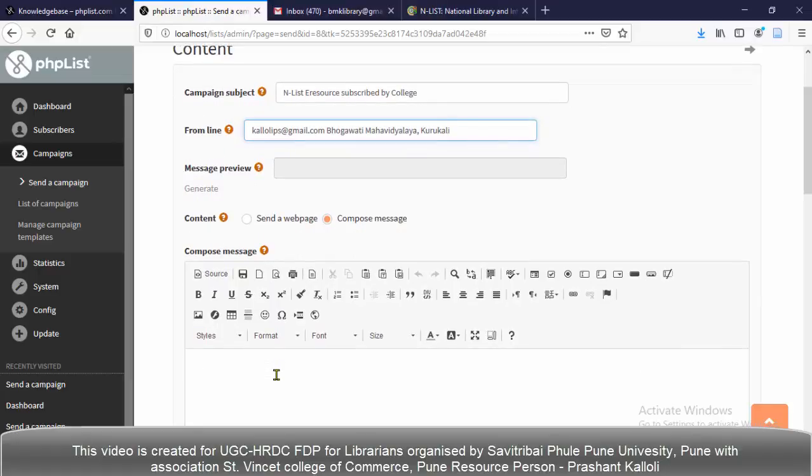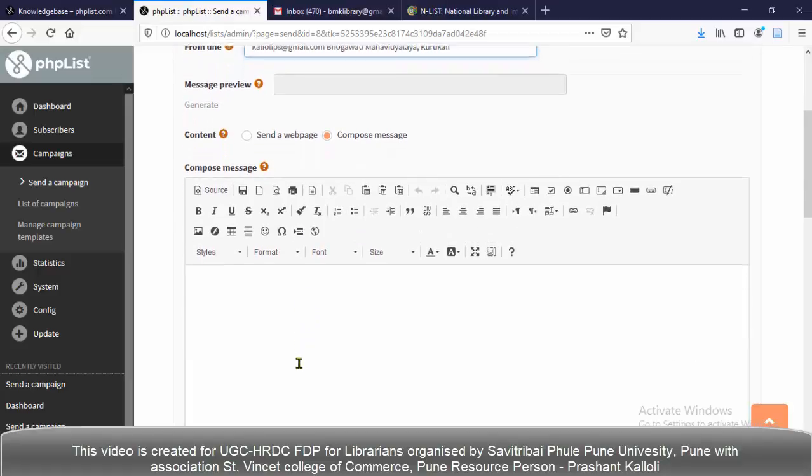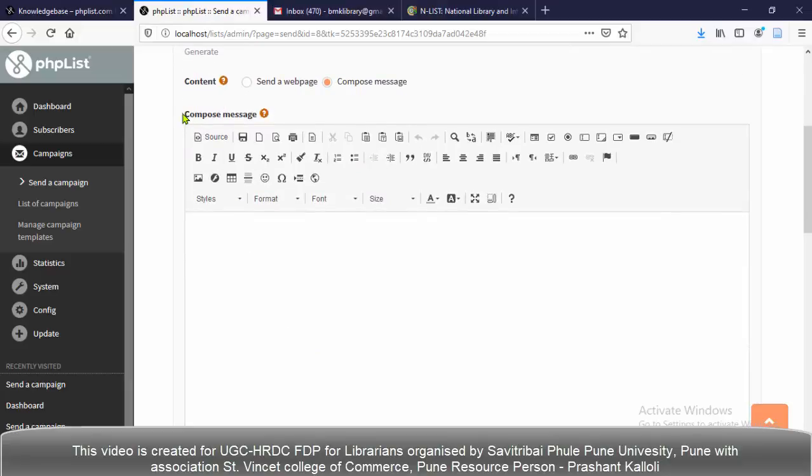Here, I am not going to send a web page. I am going to compose a message. So this is my compose message box, and I have to enter my email content here.